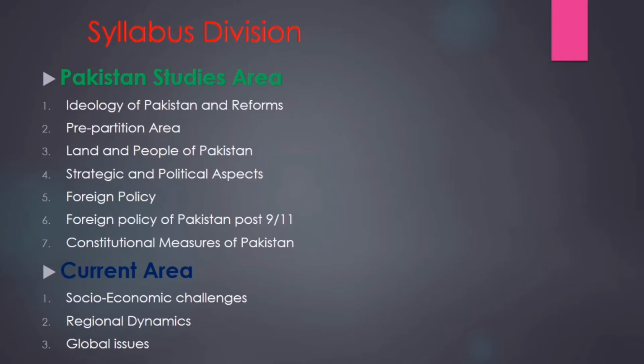In the pre-partition area, land and people of Pakistan, one discusses the geography of Pakistan, society, natural resources, agriculture, industry and education with reference to characteristics, trends and problems, and strategic and political aspects, such as the nuclear program of Pakistan, its safety and security, and